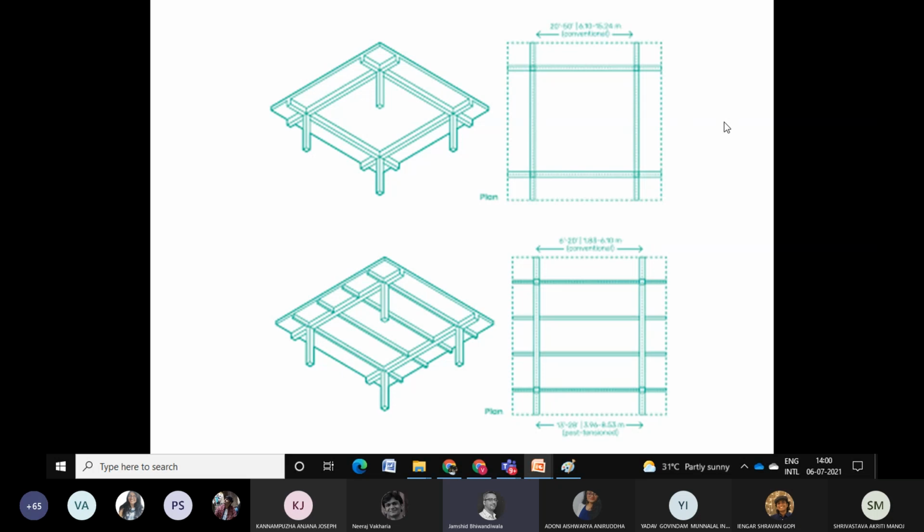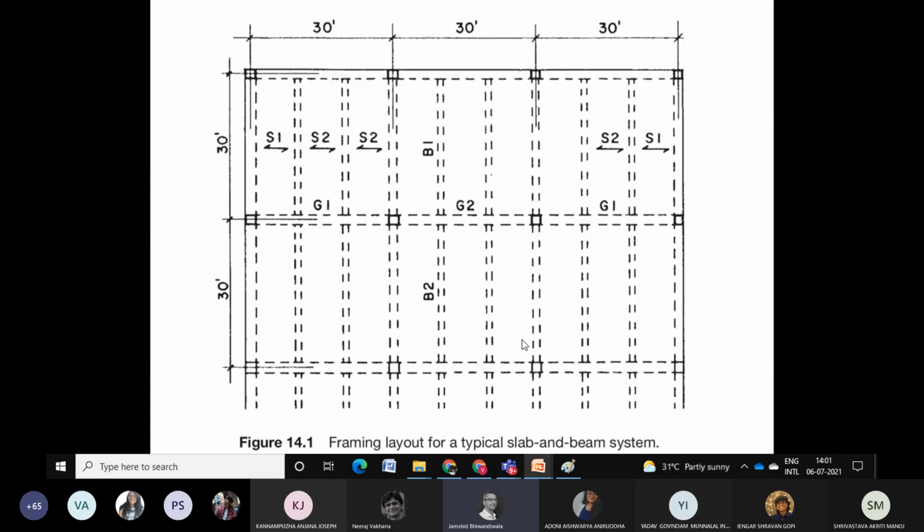Your one-way span had a difficulty that this could be only 3 meters. Here it can go anything above 6 meters. Between 6 and 12 meters, a ribbed slab can work well, because here the span is taken care of by stiffening the slab by adding ribs to it.